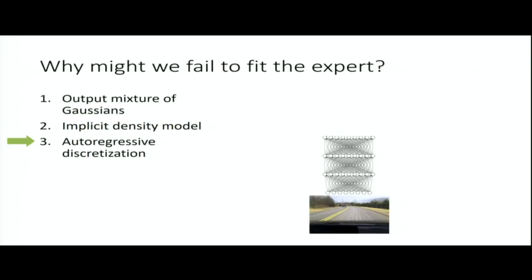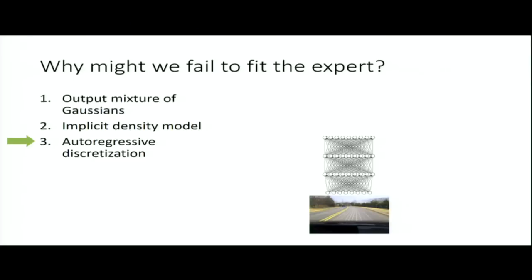All right. Number 3, let's talk about autoregressive discretization. So if you have continuous actions, I mentioned before that if you have discrete actions, there's no problem. So if you have continuous actions, well, you could discretize them, right? You could basically tile them on a grid and then turn them into discrete actions. Which is fine if you have like a 2-dimensional action, even a 3-dimensional action, but if it's like 5, 10, 20-dimensional, then discretization gets really impractical because it goes up exponentially with the number of dimensions. How many discrete actions you need goes up exponentially.